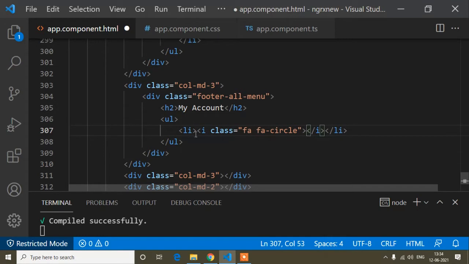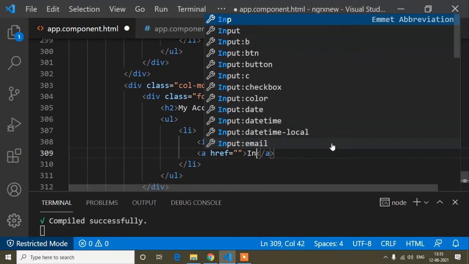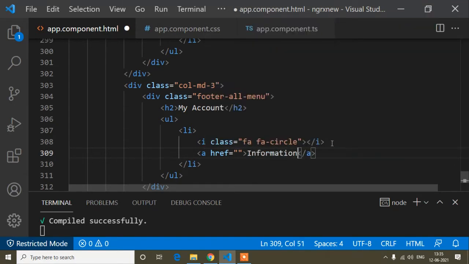And now I will break into another line this way, and below this class here I will write an anchor tag. So in this anchor tag, first of all I will write blank, because I don't need to redirect it anywhere. So blank, and the content is information, like this.